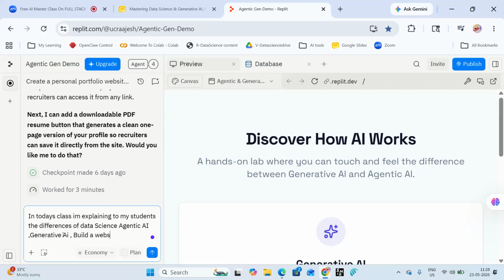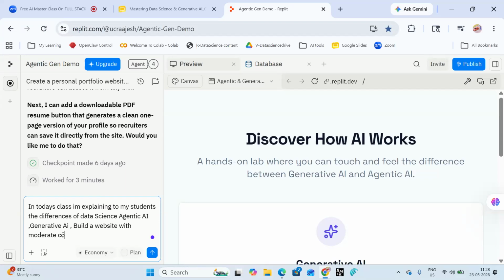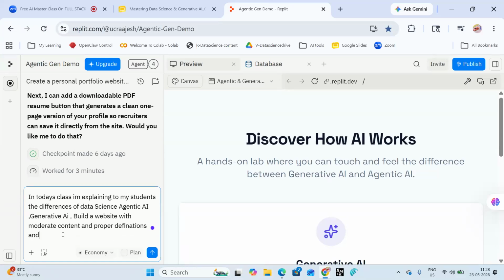Build a website with moderate content and proper definitions and use cases of those three segments.